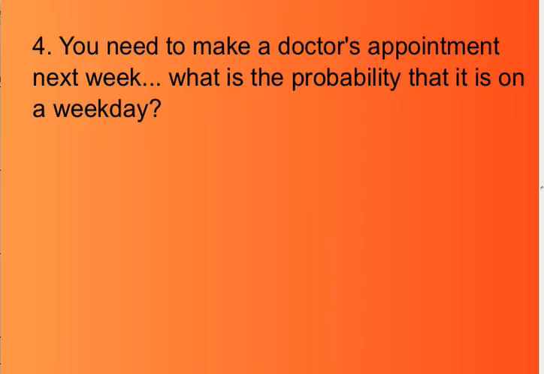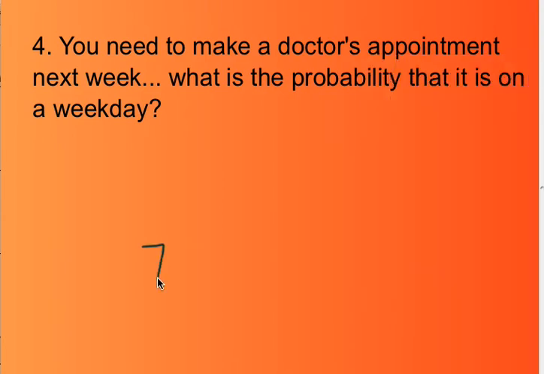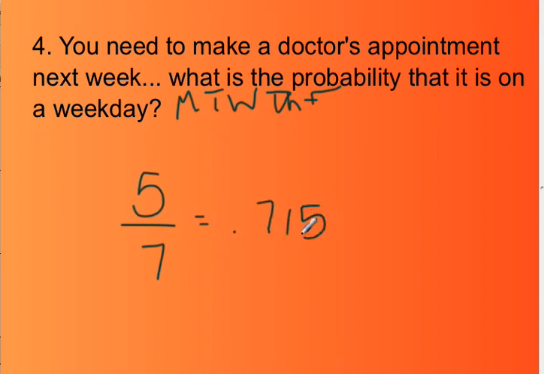So you need to make a doctor's appointment next week. What is the probability that it is on a weekday? So how many days are there in a week? Well, there's 7 days in the week. How many of them are considered a weekday? Well, that's going to be Monday, Tuesday, Wednesday, Thursday, and Friday. So 5 out of the 7 days are considered during the week. So 5 divided by 7 is going to give you